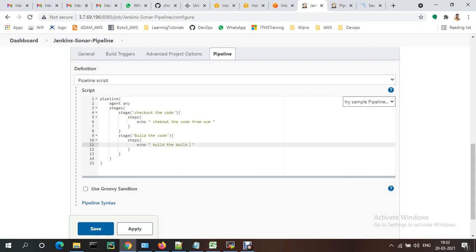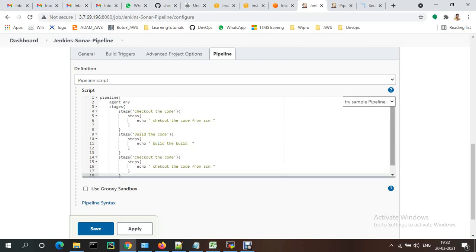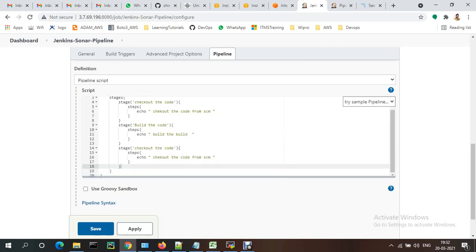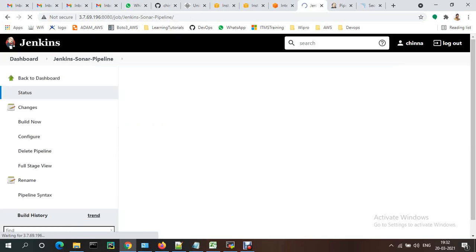After building we need to generate the report. Deploy the code to SonarQube, like push the code into Sonar. Okay, this is a sample script.